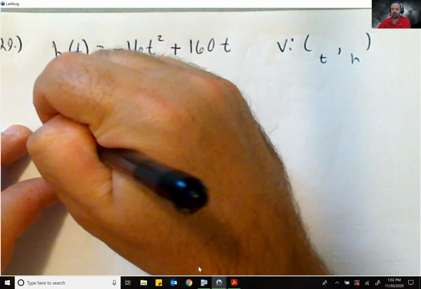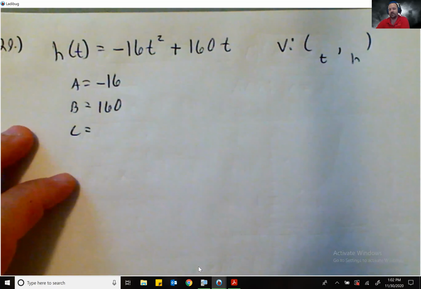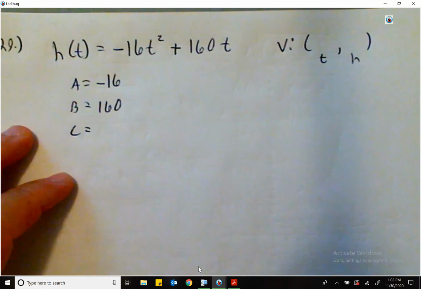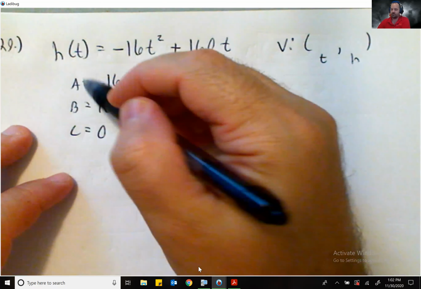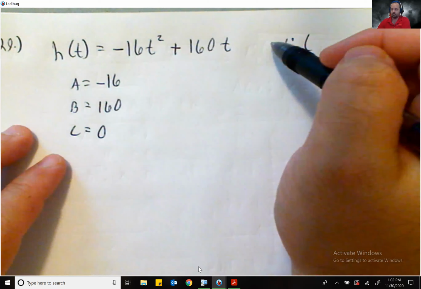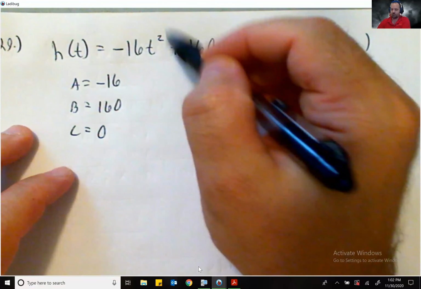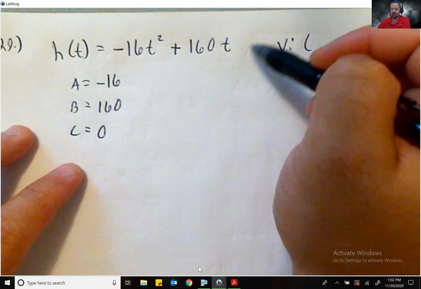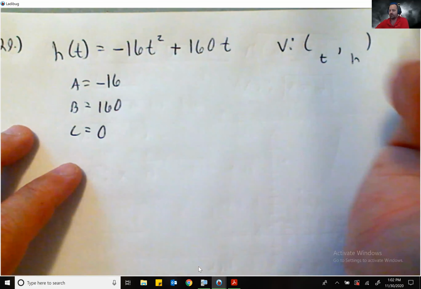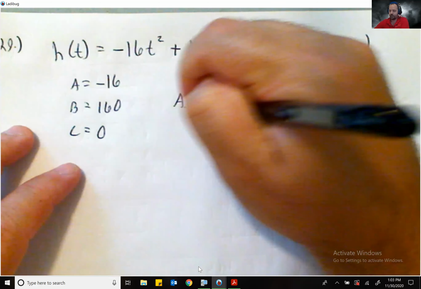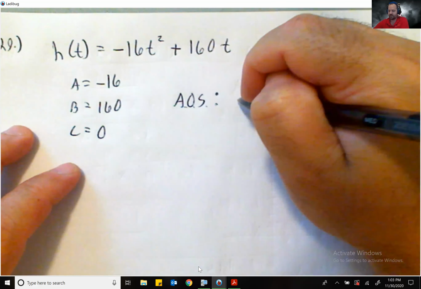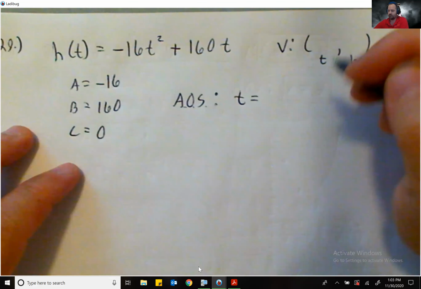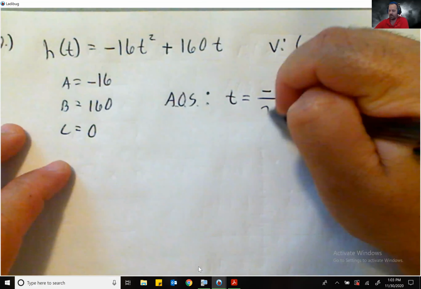And our c, even though we don't need it, it's good to practice. What is our c? 0. Whenever you're missing one of these numbers, it's 0. If I'm missing the squared part, it would be 0. If I'm missing the t part, the b would have been 0. Because I'm missing c, it's 0. All right, so let's plug in. The first thing we're going to do is find that AOS. In our case, our x value is t this time,